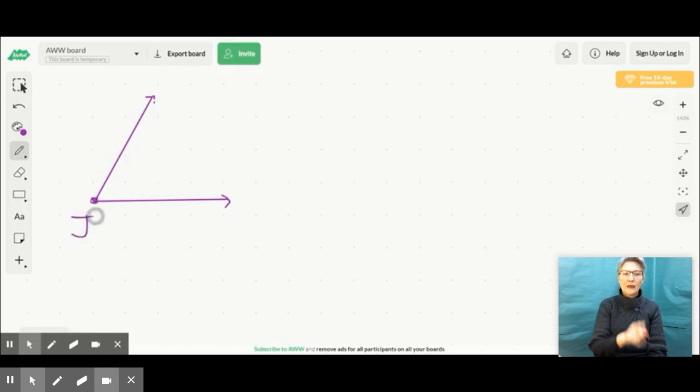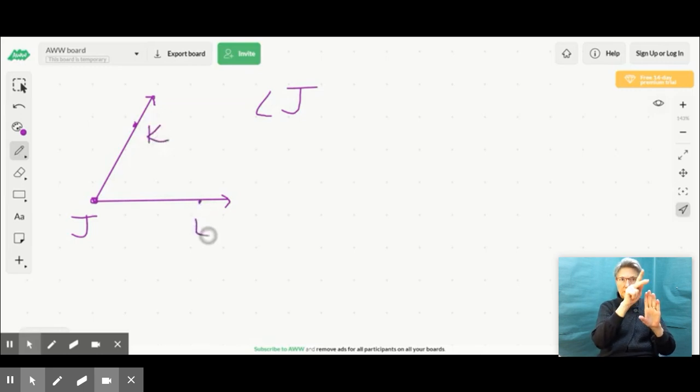So this here is called angle J. Okay, I labeled the vertex point J. So I can write it like this with the symbol angle. So that symbol there means angle, angle J. Now, if I had some more points identified,